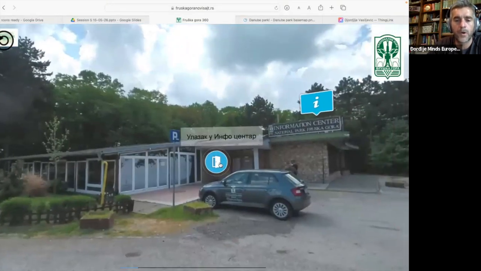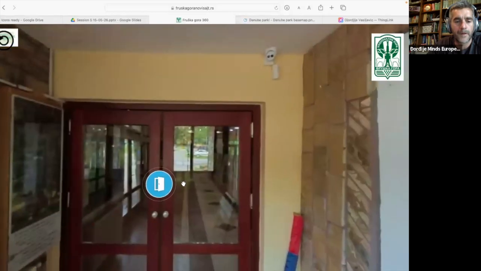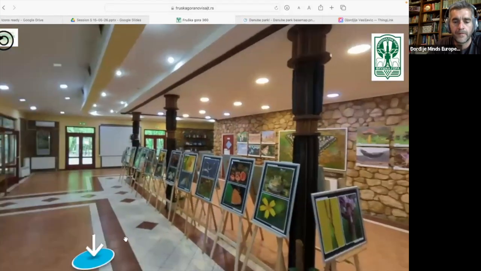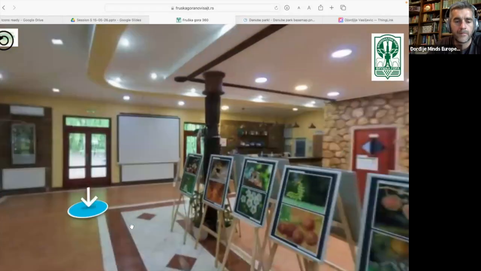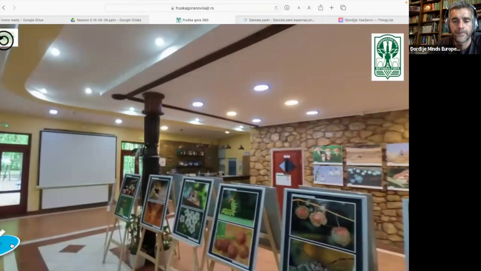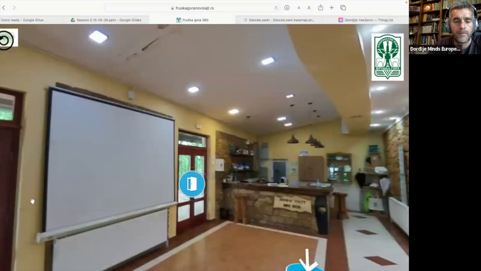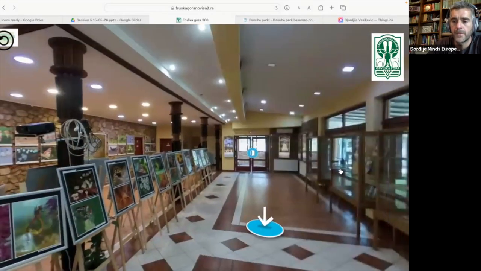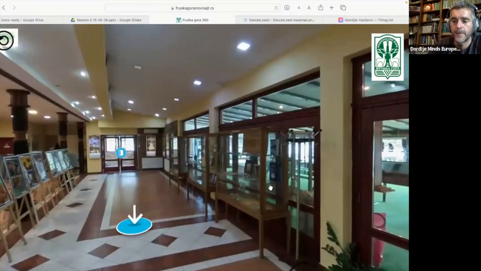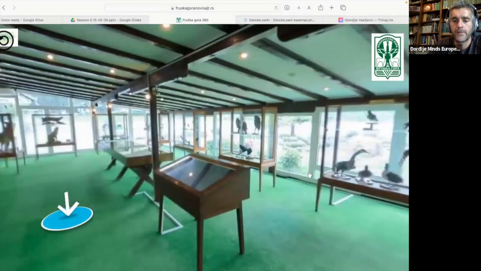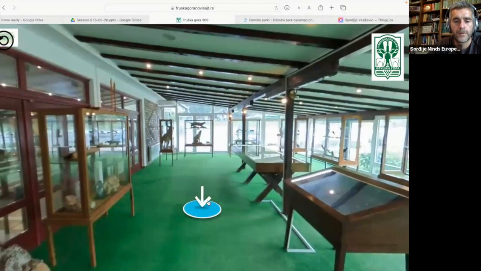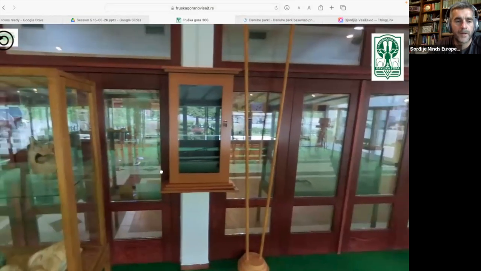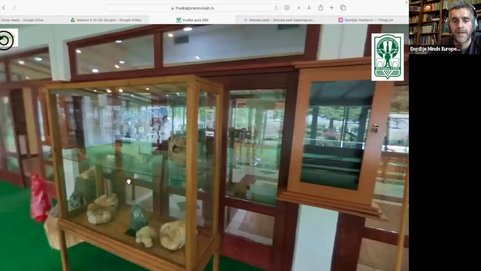Or you can go inside the info center and visit the gallery, and just check out the space, or you can visit their exhibition of stuffed animals and some geological specimens.